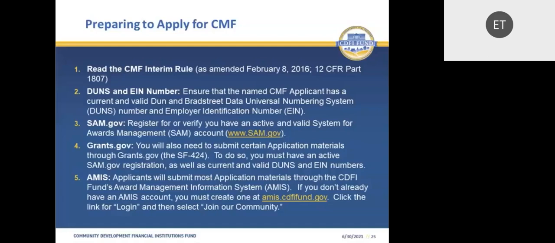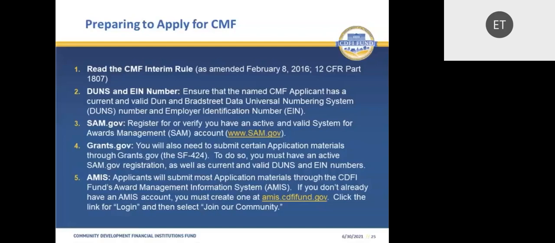And again, those numbers need to be for the applicant entity, and they will need to match the DUNS and EIN that's in your SAM account. Last but not least is submitting the application and the attachment through the online portal called AMIS, which stands for Award Management Information System. If you don't have an AMIS account,